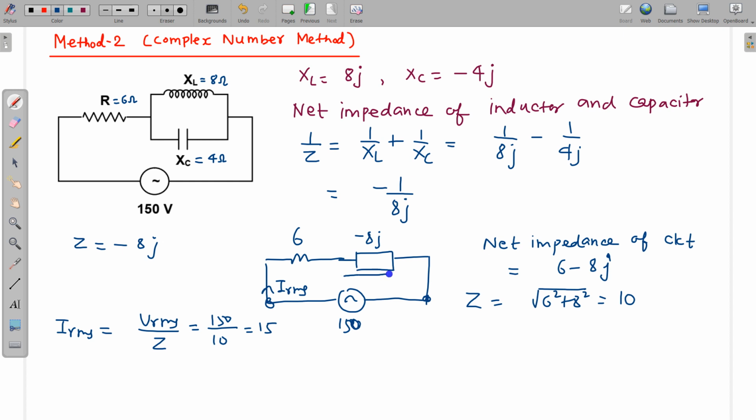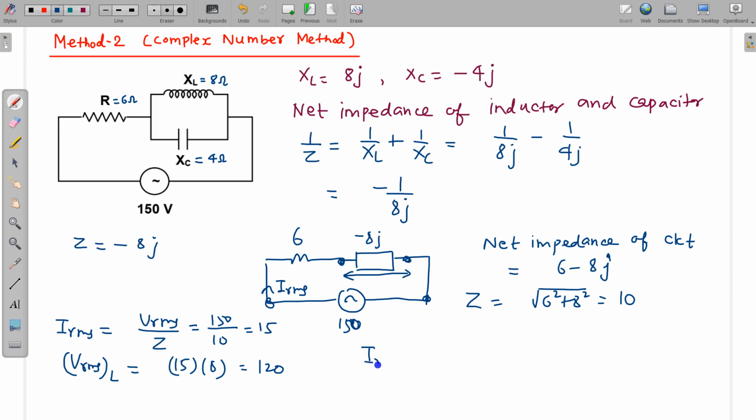Now I can find the RMS voltage across these two terminals, and this is the same voltage which is on this inductor and on this capacitor. So what is the RMS voltage? This will give the RMS voltage on the inductor also. Just multiply by the magnitude of this reactance or impedance, whatever it is. So this is 15 multiplied by 8, because it is minus 8 iota and the magnitude will be 8. So this is 120. So 120 volt is the RMS voltage on the inductor.